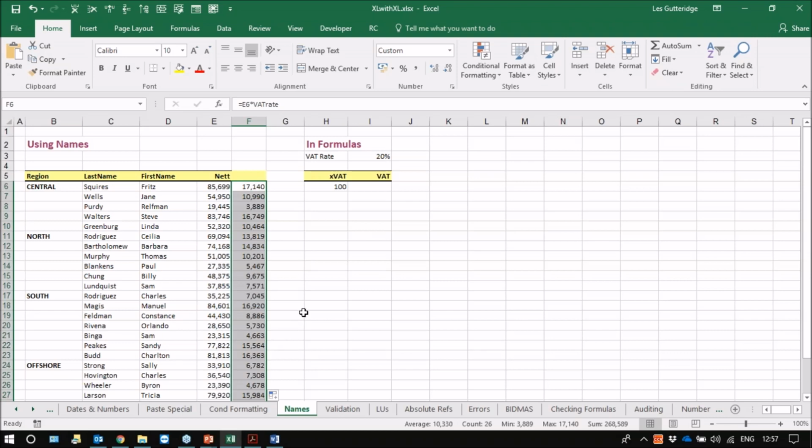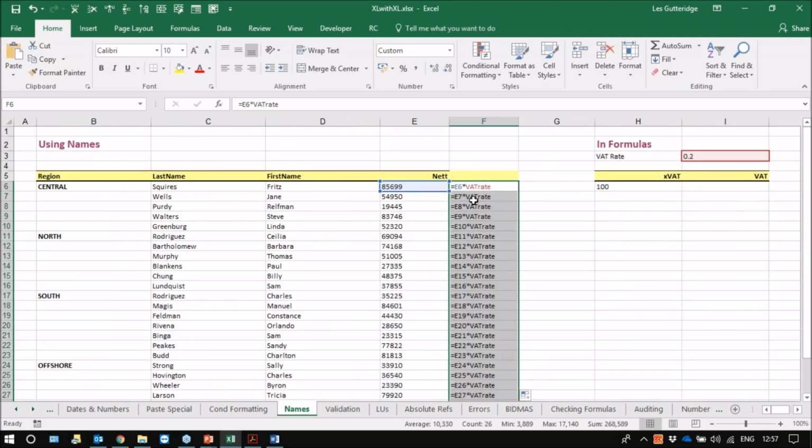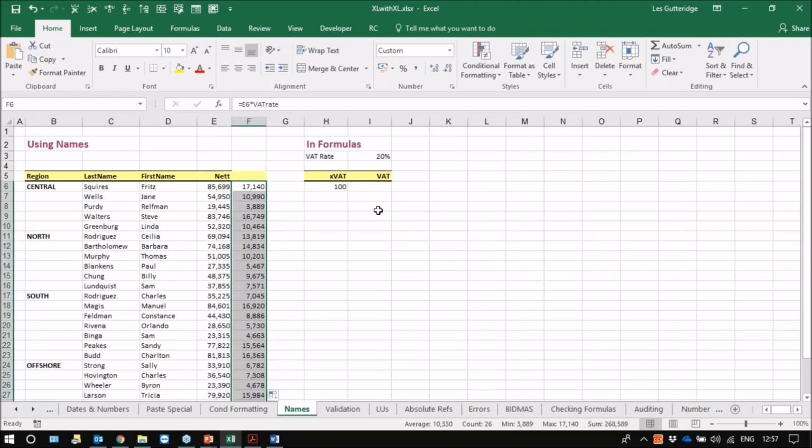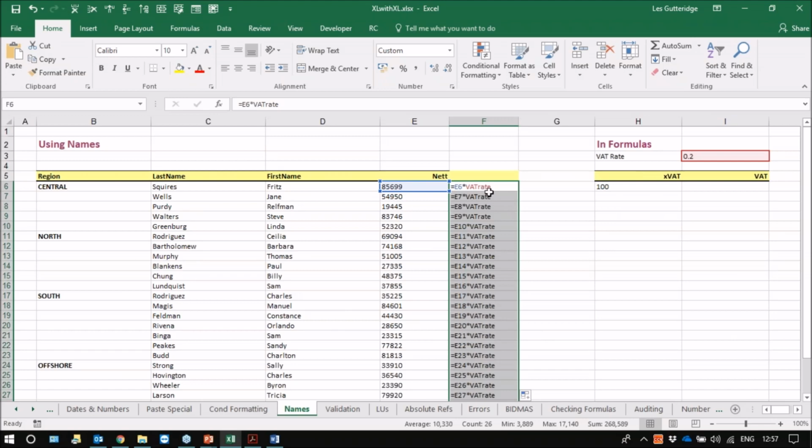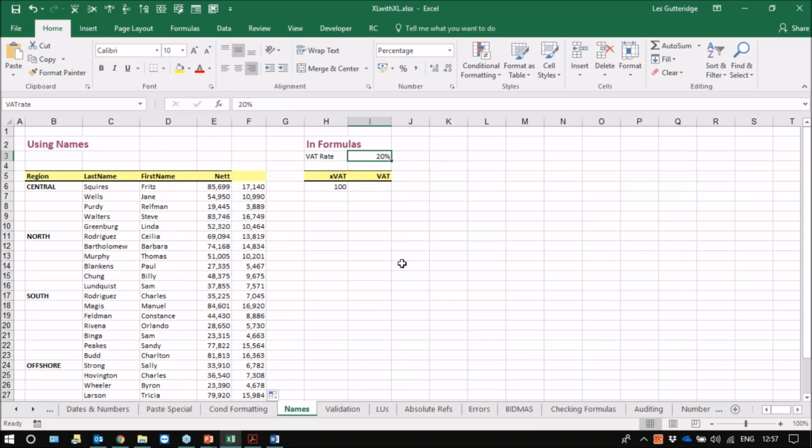If I audit those formulas, you can see that all of them now say equals E6 multiplied by VAT rate. And that VAT rate is you telling Excel to look over here at cell I2, I3 is it? Cell I3, and get the fact that it's 20%. If I change that to 22.5%,